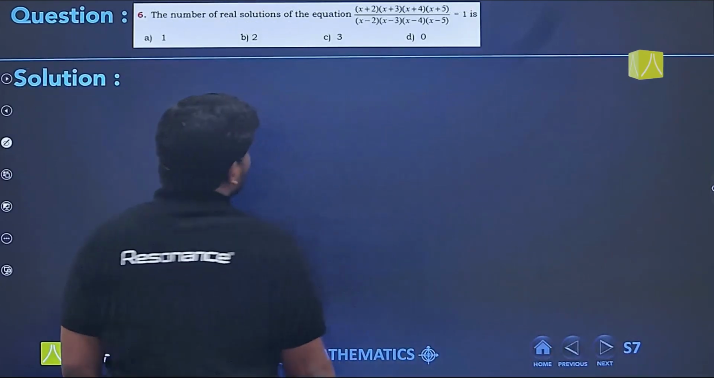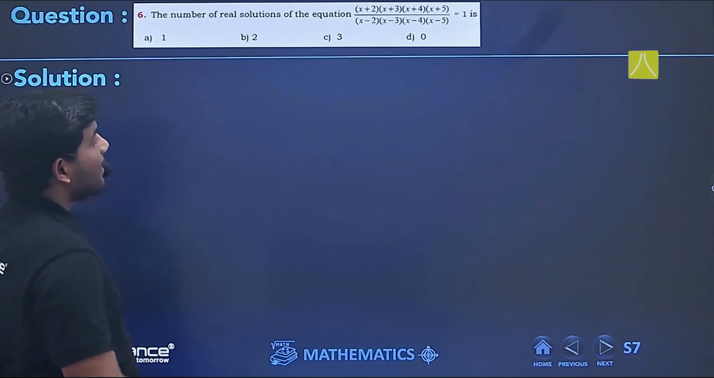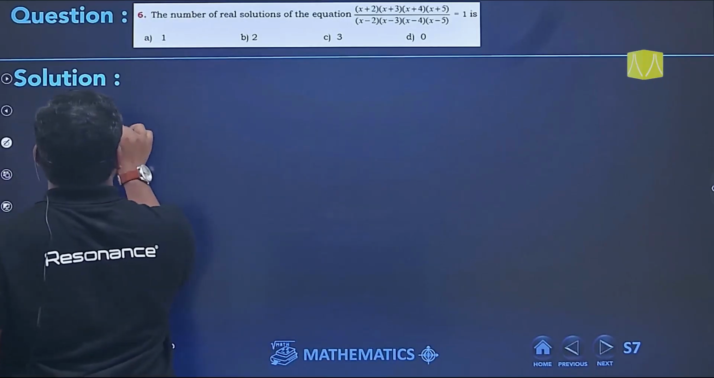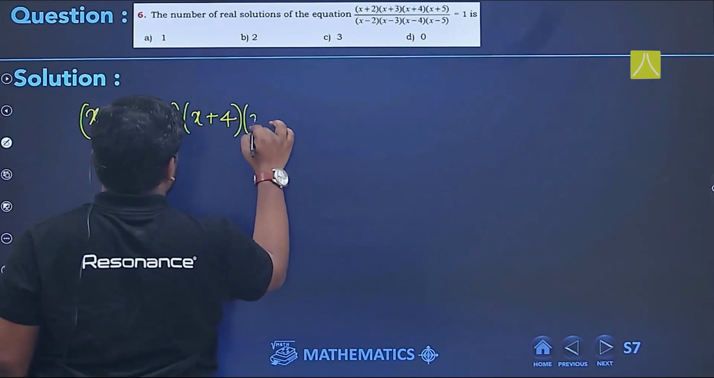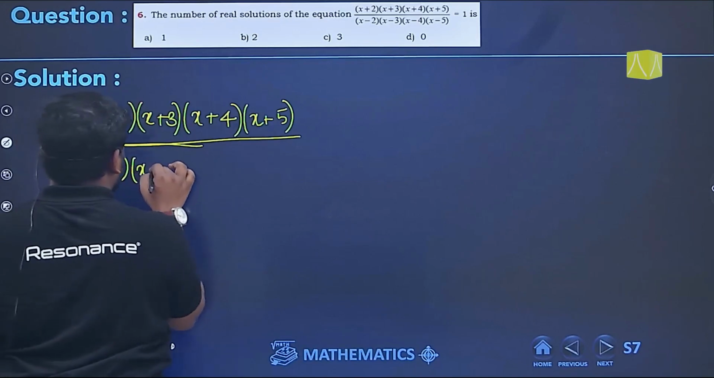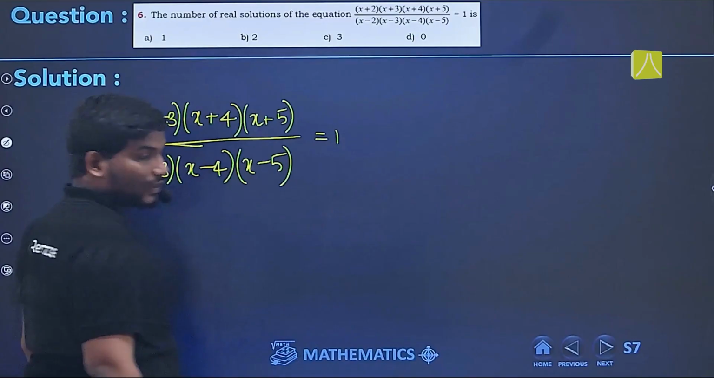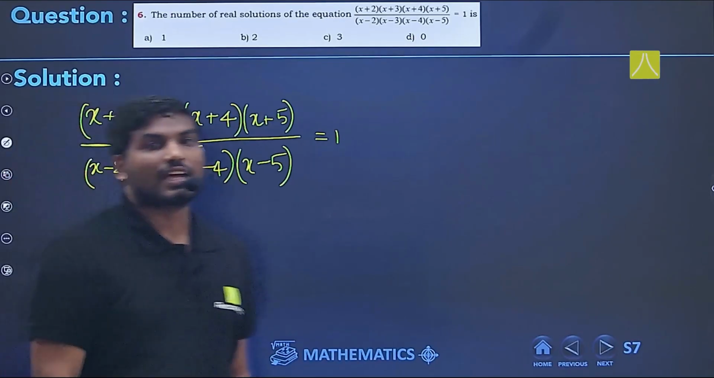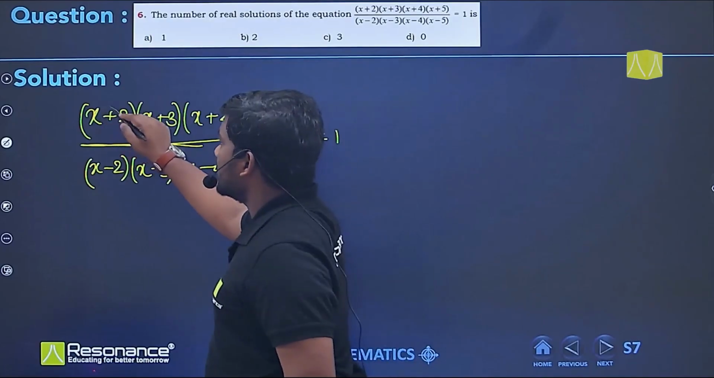Now coming to the question again. (x plus 2)(x plus 3)(x plus 4)(x plus 5) by (x minus 2)(x minus 3)(x minus 4)(x minus 5) is 1. So for this to be 1, we can clearly say by instinct that x equal to 0 is a solution. Now, apart from that, to find the number of real solutions, what we are supposed to do is, if you observe,